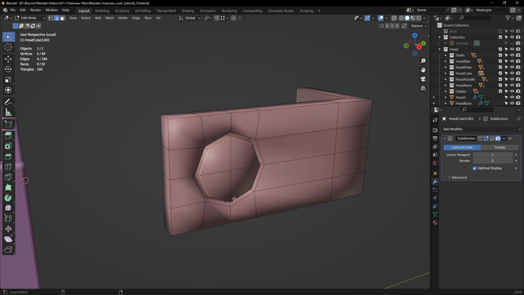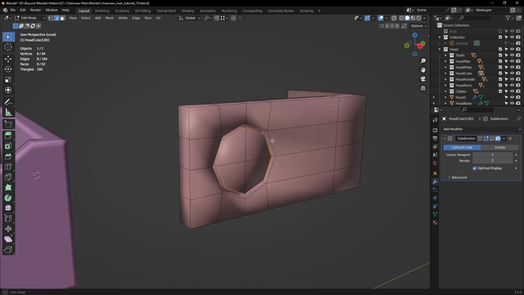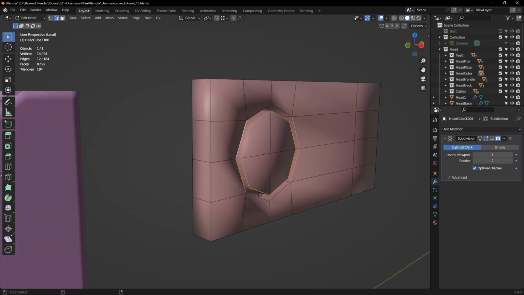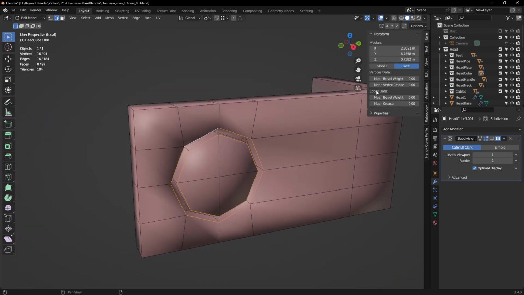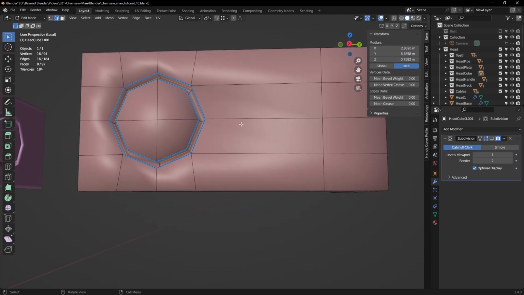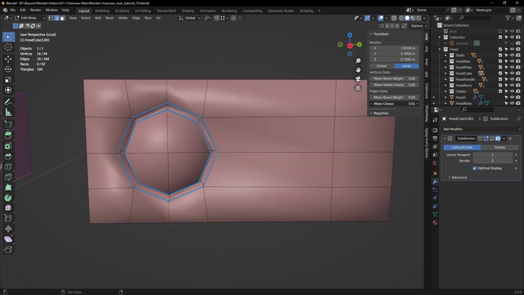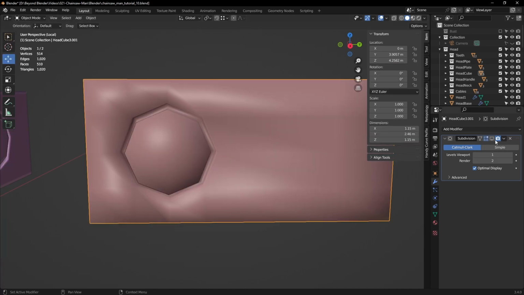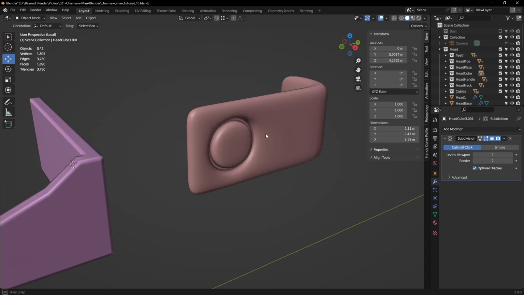You can see me struggling to select here because I'm having this bug in 3.4 of Blender. I think it's a bug, it may not be actually, maybe it's my mouse, where it's not selecting when I click, so I have to keep clicking and trying all the time. So what I've done there, I've selected these edges and added the mean bevel weight, increased their value to 1. The default is 0, of course. And the mean crease just to harden the edges inside. So with that done, if I just increase that, you can see we've got those